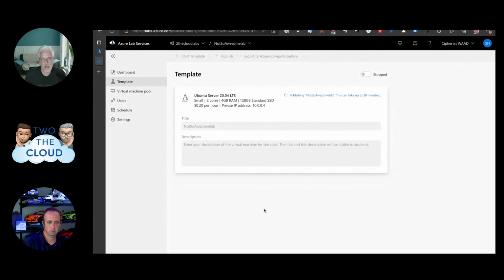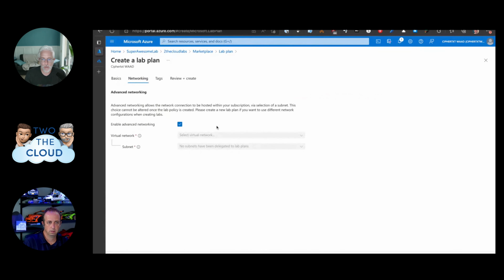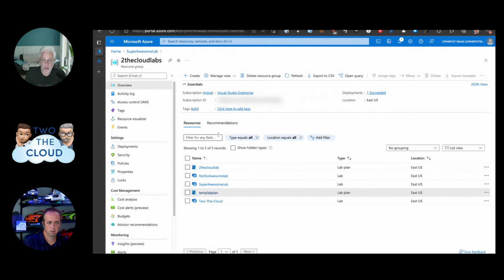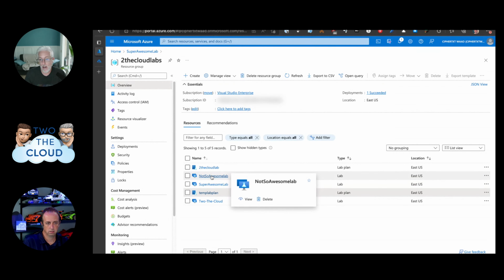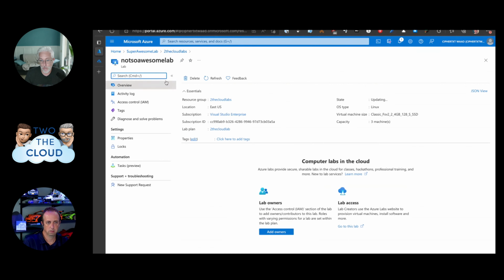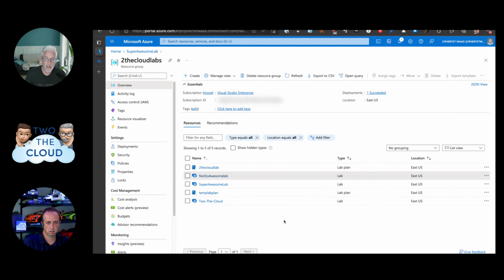So if I go back over to the Azure portal and I go to my resource group, at no point in here do I see the template. I don't see the templated VM. That was a running machine, right? I don't see that machine running any place in here. I don't see individual versions of VMs that are running anything like that. That is all happening on behalf of you as a customer.